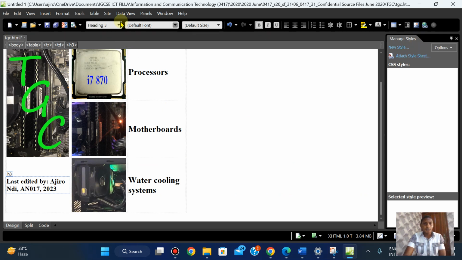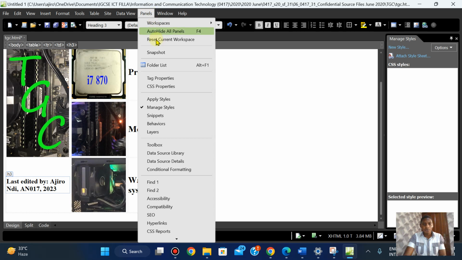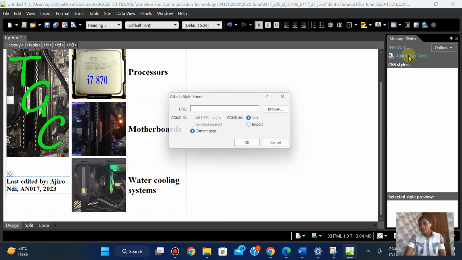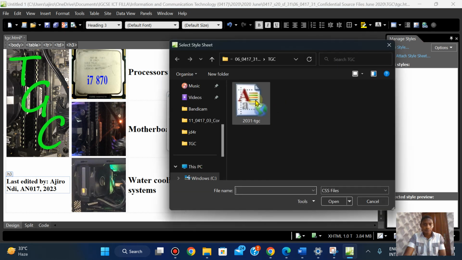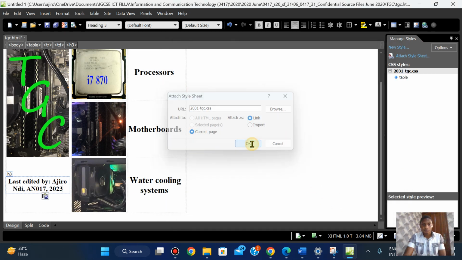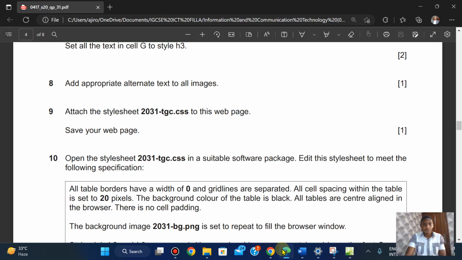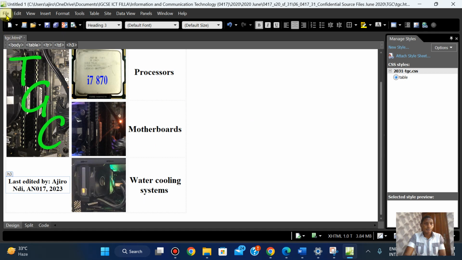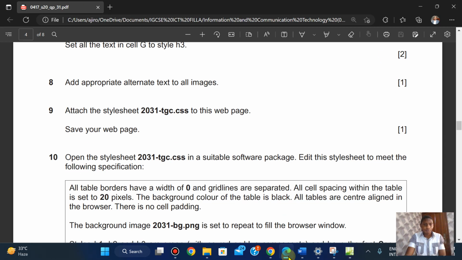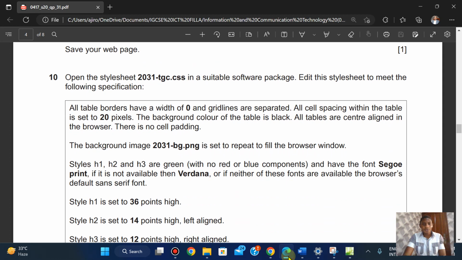If yours is not here, you can come to Panels and Manage Styles. Okay. All right. Save your web page. All right. Open the style sheet